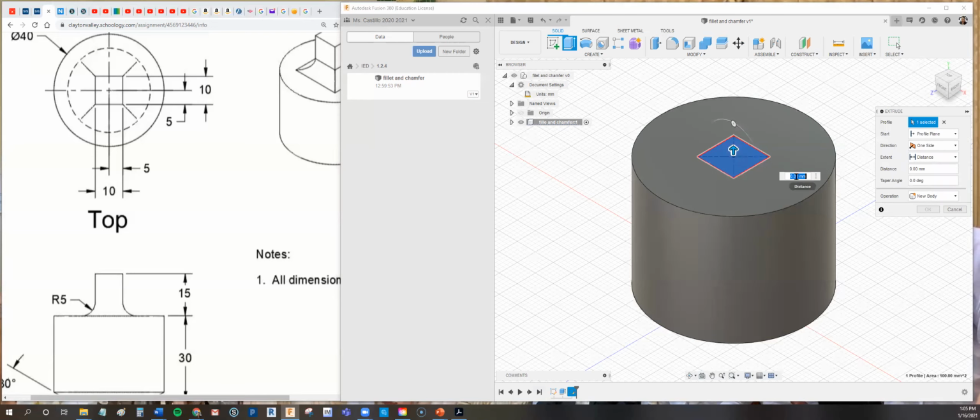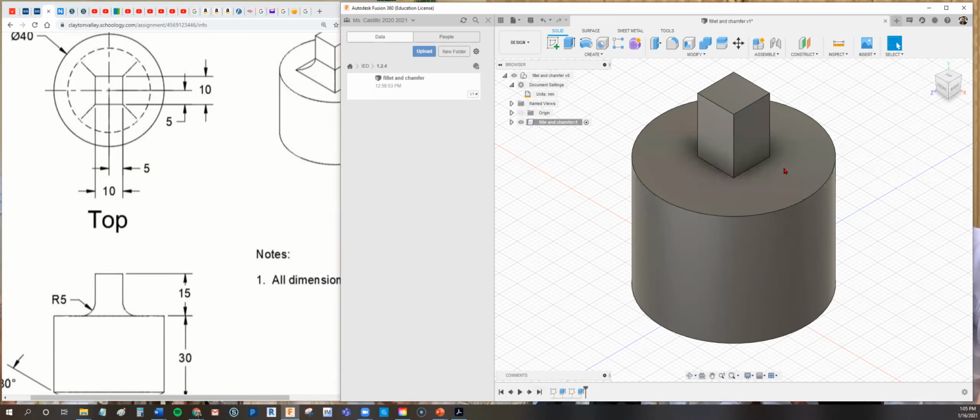Now it's asking me for the distance. And so we see here, look on this drawing, it says that the cylinder is 15 millimeters high. So I'm going to hit 15. Okay, so now it's 15. Okay, so now we created the cylinder, we extruded it,